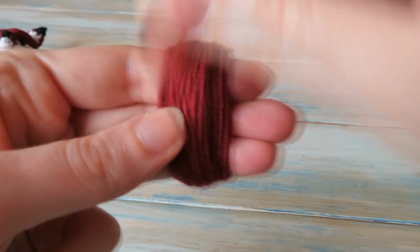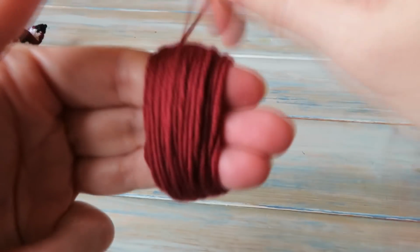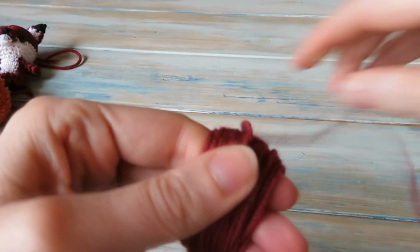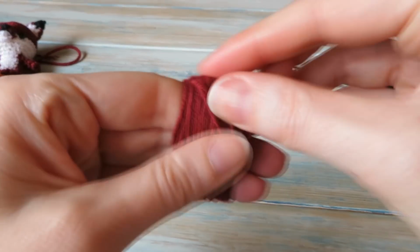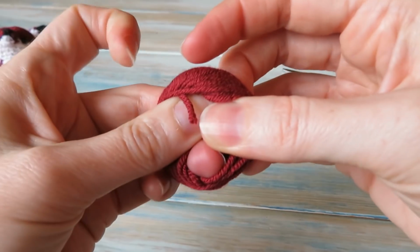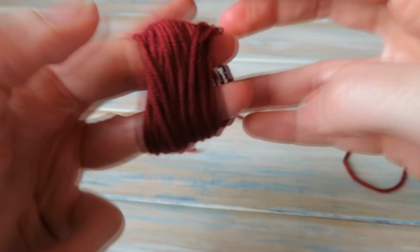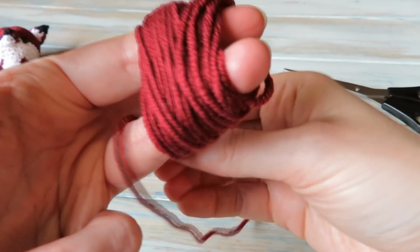Okay. So that's probably a good amount. Okay, so about that much. It's a nice amount. Then we're just going to trim that at the top. And then we're going to take a length of yarn of the same colour, and if you can, take out your middle finger without taking out the other 2. Okay, so leave those 2 in. Okay, like that. And we're going to feed that piece of yarn through your fingers all the way around the